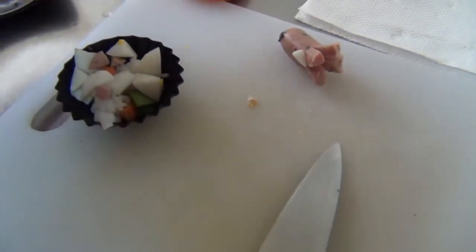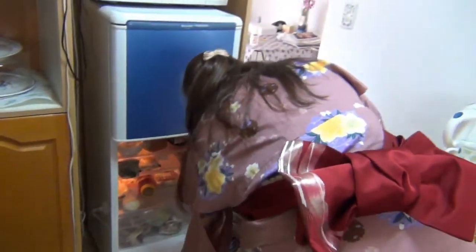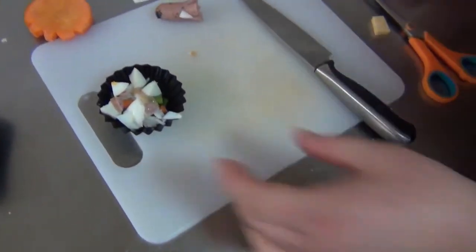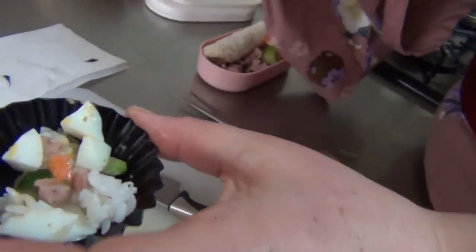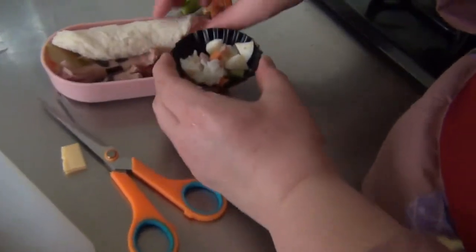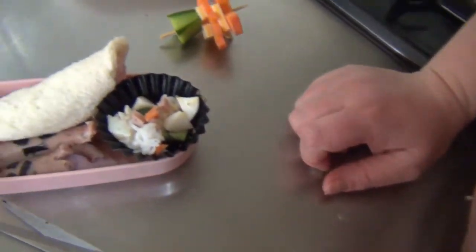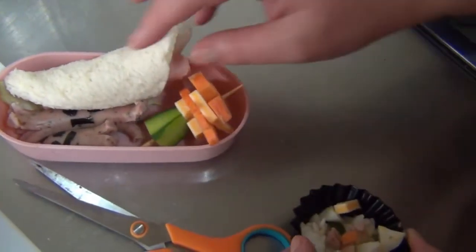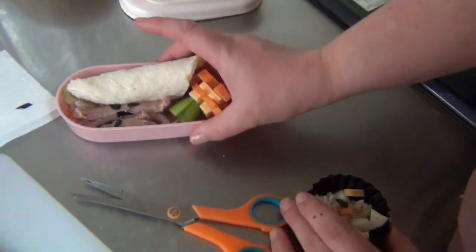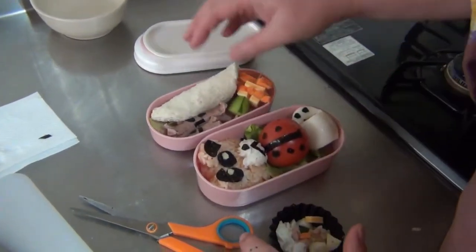And then I just add mayonnaise, or actually I have sesame seed dressing, but you can use mayonnaise as well. So I'm just going to put a little bit on there and make like a little leftover salad. Mix it all together. And you would normally then put this in a bento like so, but I've used the wrong size ones. Some cheese. So leftover salad in a cupcake patty pan, some sandwich,